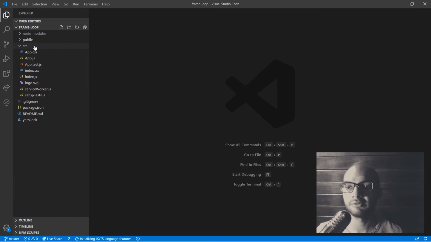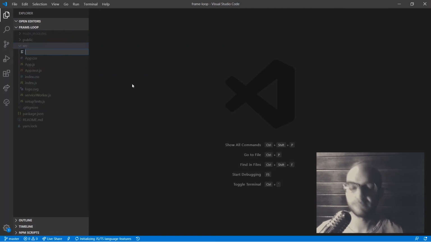Hi, in this video I'm going to create a React hook to do a frame loop or a game loop. So if you need logic inside an infinite loop, for example a game, a clock, or an interactive timing experience. So we are going to create a new file here and we are going to put it inside a